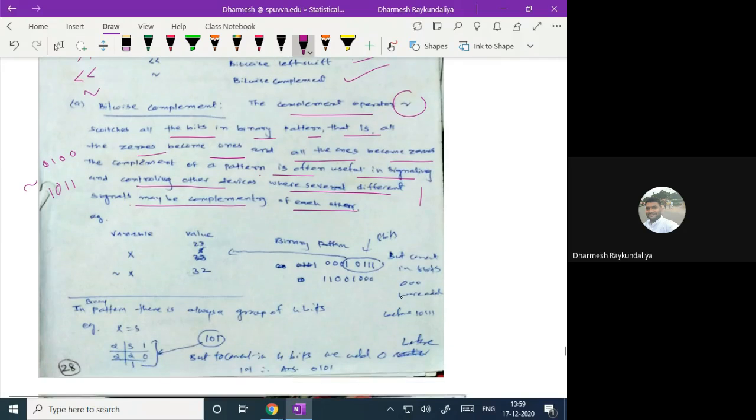So let us see, here I have given the variable x whose value is 23. I wish to convert this 23 into a binary pattern. How to convert? 2 11s are 22, 1 is remainder. Then 2 5s are 10, 1 is remainder. 2 2s are 4, 1 is remainder. And 2 1s are 2, this is 0. That means your pattern is,